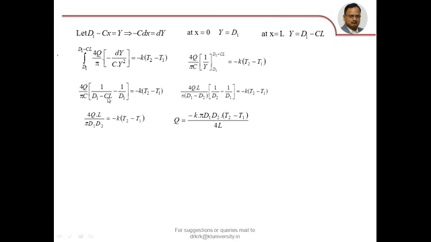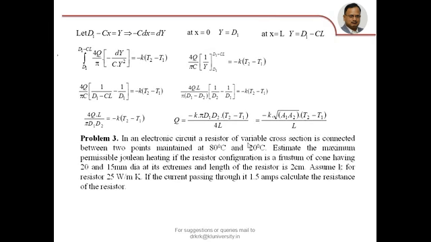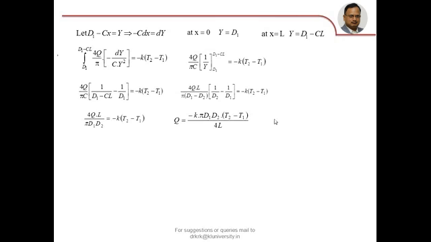Already we have defined C as (d1 minus d2) by L, so CL becomes d1 minus d2, and d1 minus CL is d2. So 4QL by pi (d1 minus d2), with 1 by d2 minus 1 by d1, etc. You will get Q equal to minus K pi d1 d2 (T2 minus T1) by 4L. That is minus K root of A1 A2 (T2 minus T1) by L, where A1 is pi by 4 d1 square and A2 is pi by 4 d2 square. So therefore, in case of variable cross-sectional area,